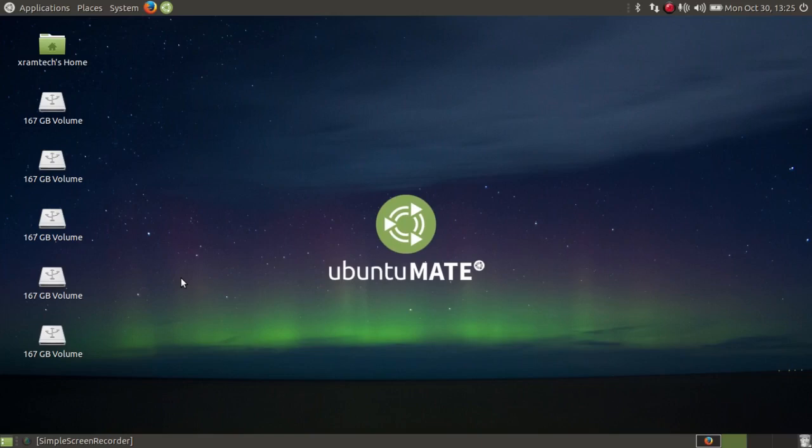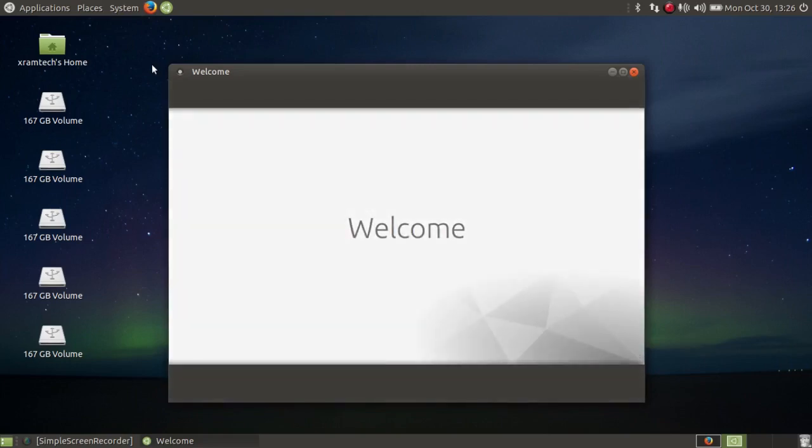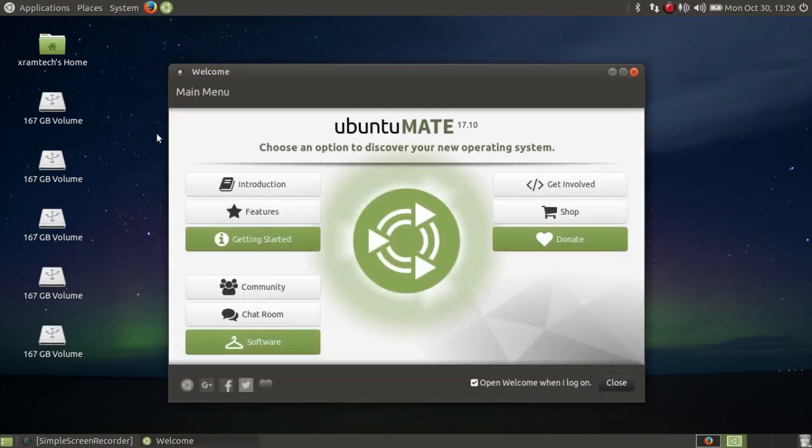This is Ubuntu Mate 17.10 with the traditional GNOME 2-like desktop. Now it comes this way by default, except that you get the welcome screen when you first log in. I'm not going to go through that in detail. It has a good introduction, features, getting started, community, chat room, software. That's the famous software boutique. Get involved, shop, donate. I'm going to close it for now